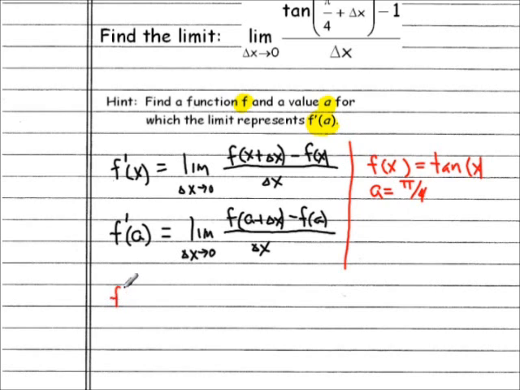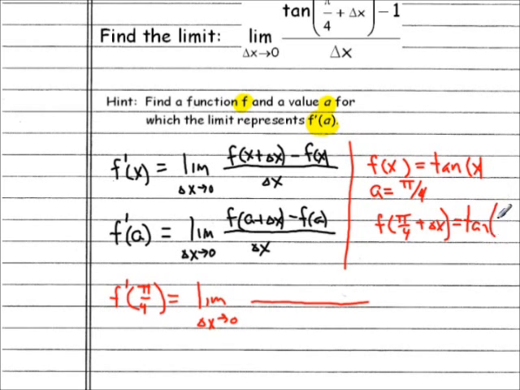And so if we were to calculate f prime of a, which is pi over 4, by the limit definition, that would be the limit as delta x approaches 0 of the fraction, well, let's see, the function f is tangent, and so instead of f of x plus h, let's get back up here, f of a, pardon me, which is pi over 4 plus delta x, would just mean we replace this x with pi over 4 plus delta x. So that's the tangent of pi over 4